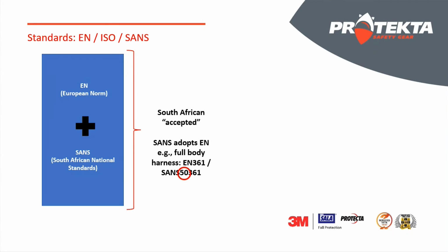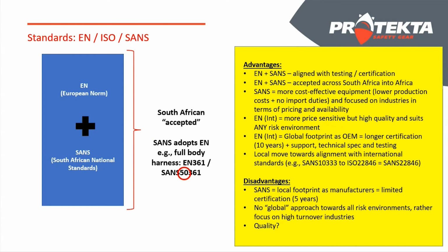And then I thought, well, let's look at the 2 different standards, because you've got your EN standard, which is the international standard. You've got your SAN standard, which is a local standard. And have a look at a few advantages and disadvantages of each, just to cover a few points. Now, if you look at the advantages, I said there, the EN and the SANS, they are aligned in testing and